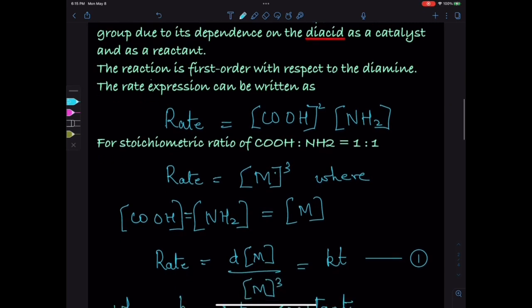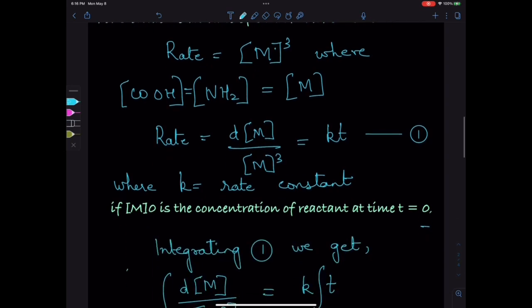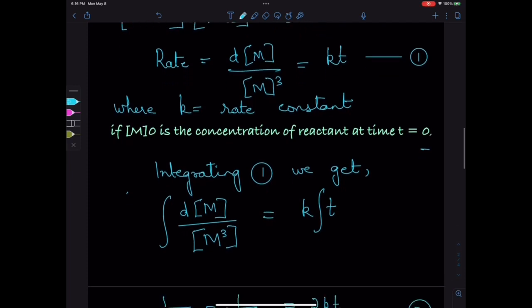The rate expression can be written as rate equals carboxylic group to the power 2 and amino group to the power 1. For a stoichiometric ratio of carboxylic to amino group being 1:1, rate can be written as rate equals k m cube, where carboxylic group concentration equal to amino group concentration equal to m. So the rate expression can be written as dm over m cube equal to kt, where k is a rate constant. Integrating this, we get